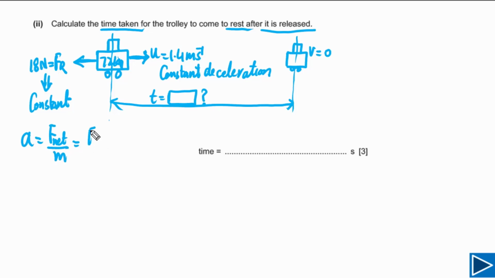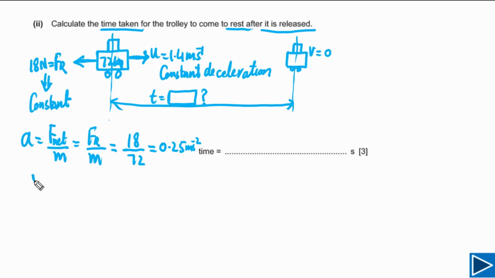F net in this case is equal to Fr, because only one force is acting on this trolley, the resistive force, divided by the mass of the system. Fr is 18 newtons and the mass of the trolley and suitcases is 72. If we solve this, we get a value of a equal to 0.25 meters per second squared. As the deceleration is constant,